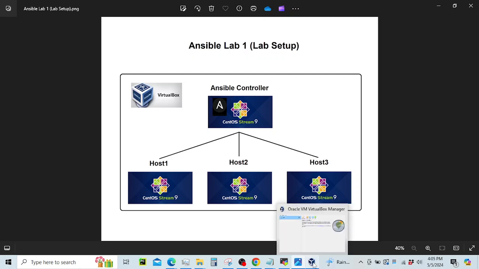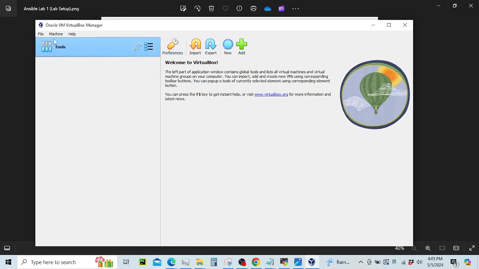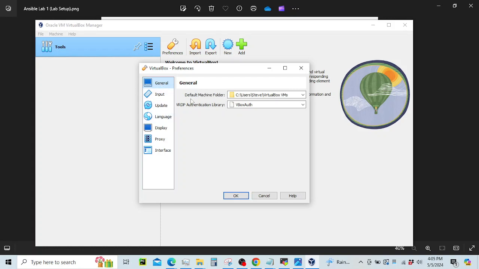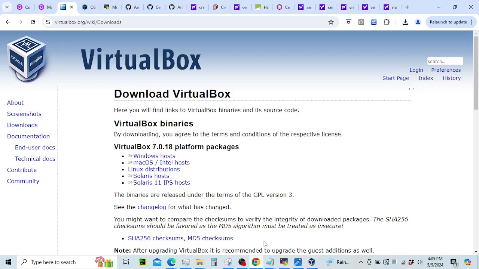And you can see the little VirtualBox icon pops up. The next step, we can add machines. We can go to settings, preferences. There's a lot of functionality here, but before we do this, we're going to have to get a VDI, or a virtual disk image, and we can do that by going to